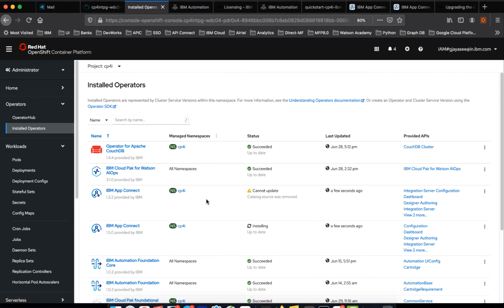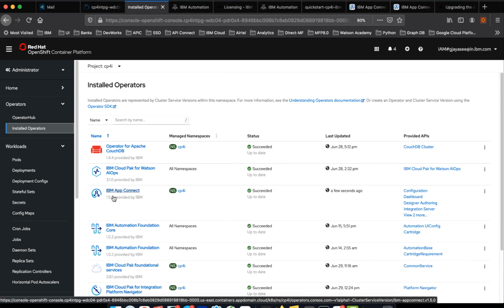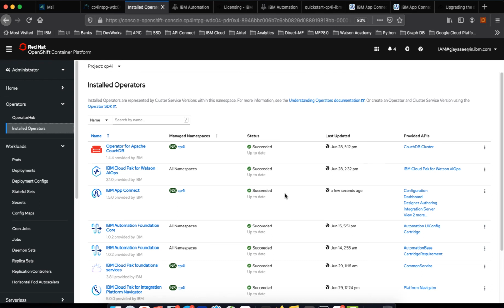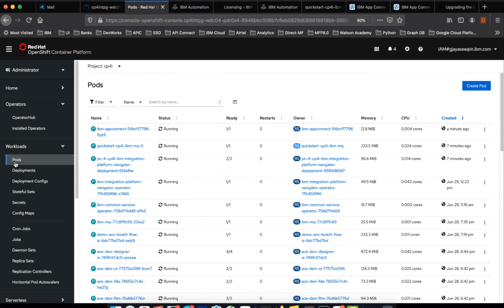Once this is installed, this will be removed. Let's wait. So now the new version of operator is installed. You have to wait for at least close to a minute and a half, because it has to install the new one and then remove the old one, just to verify. If you look at it, this is the IBM App Connect operator, which is upgraded a minute ago.